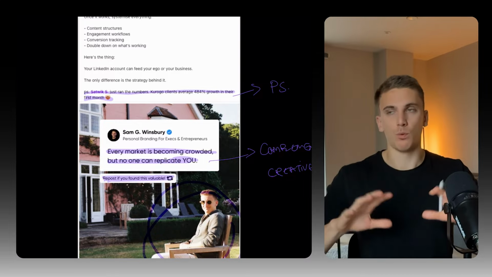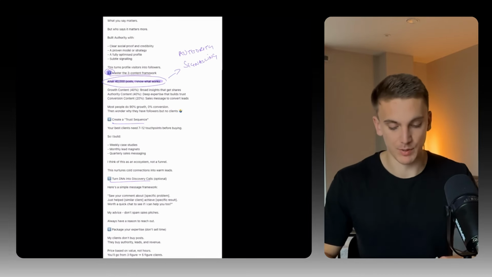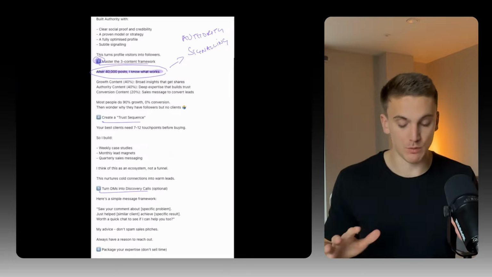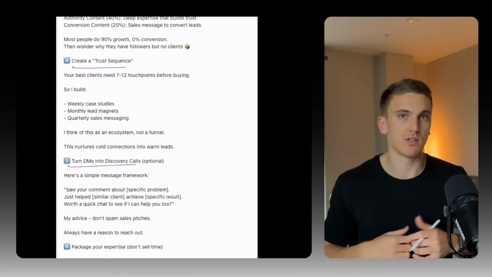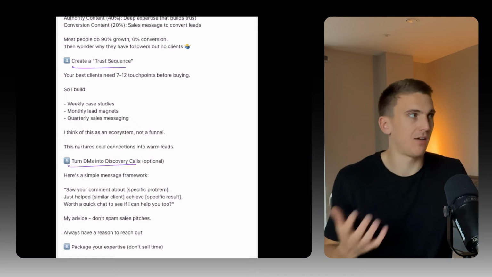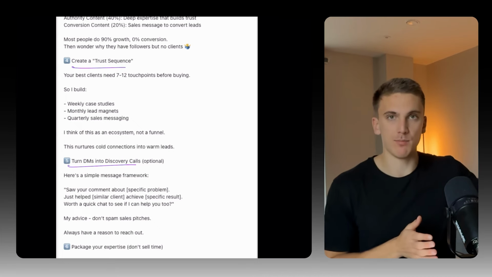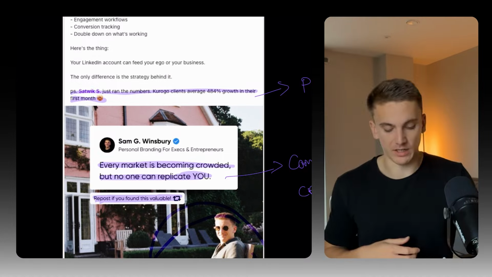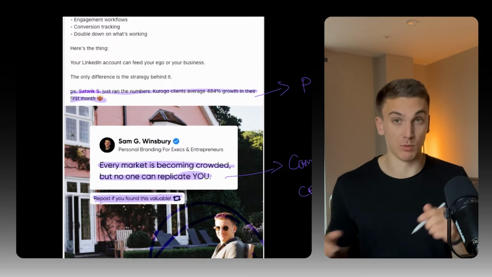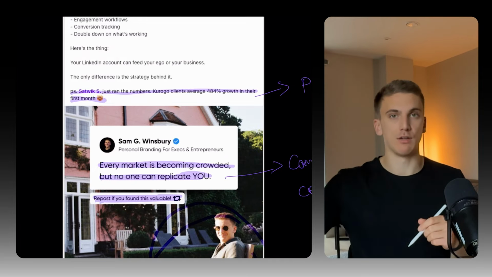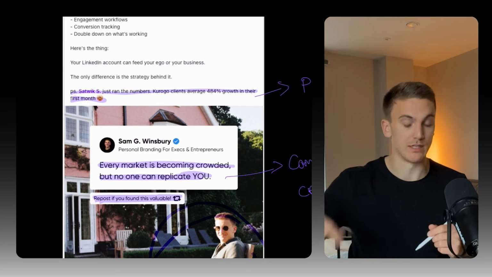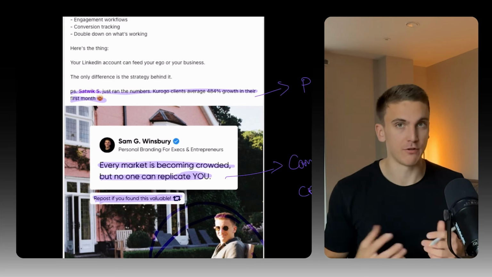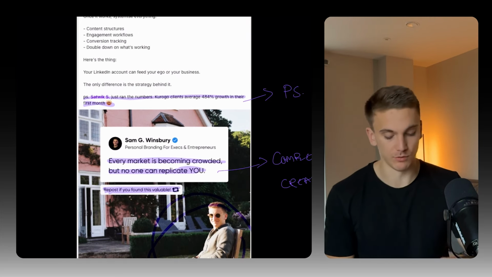Of course, what I really want is lots and lots of my ICP reading the whole post. That's definitely what I want. But I have to accept that some people just are not going to do that. So I have a decision. I can either just forget about those people and pretend they don't exist, or I can add a small quote into the end that captures those people, gets them to like the post, and puts it in front of more people that will read the full thing. So complementary creative, really, really important way to drive up the performance on your post.